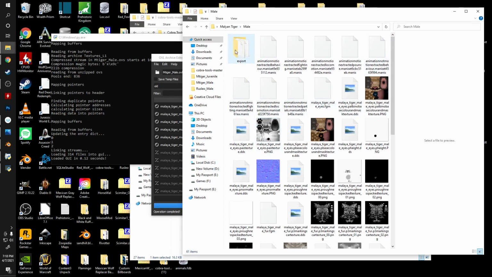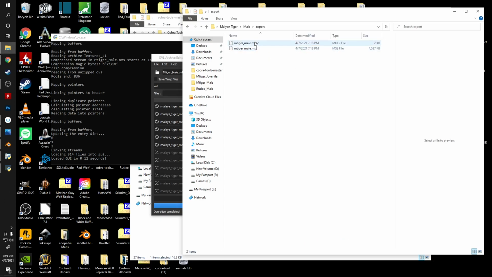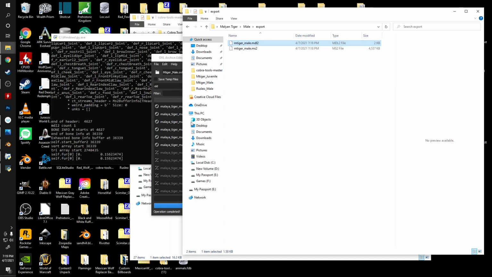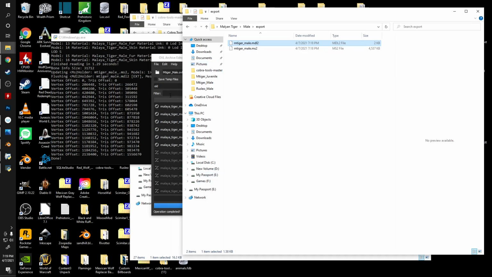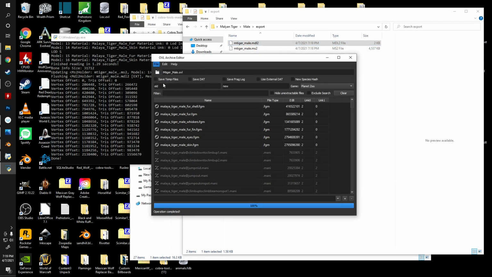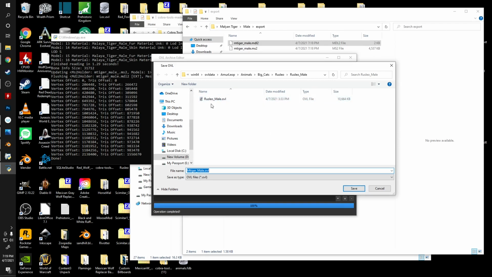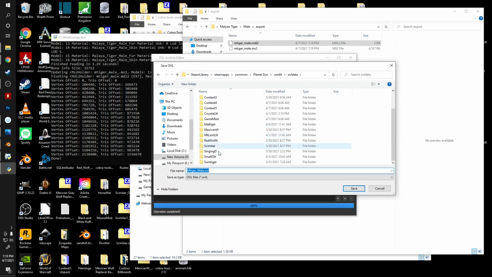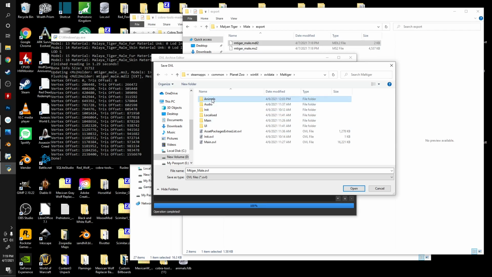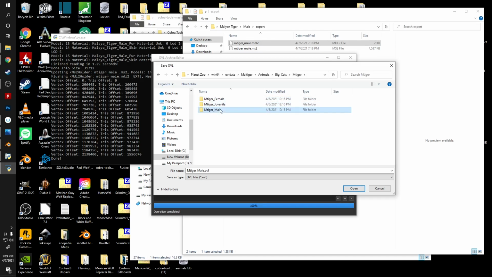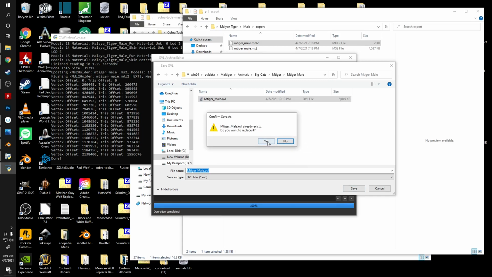Now this folder that we made now has a new folder in it called export. This is where Blender has placed our exported model. And you have your MDL2 and your MS2. We're only going to take the MDL2 and drag it in. Now that we've done that, you can see it did some stuff over here. It says done, didn't kick any errors, we're good. We're going to save it. Make sure that you're saving the correct one. Hit save,